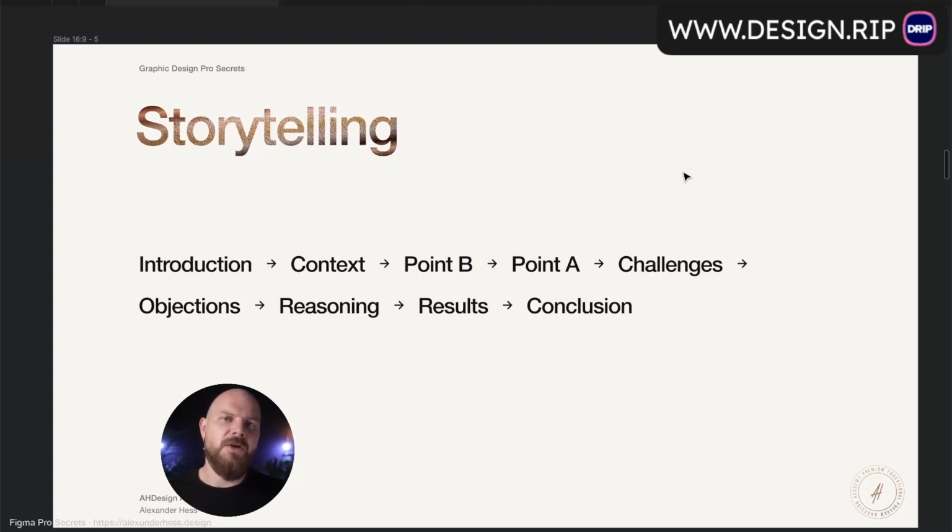The next thing is objections. People will definitely have questions about your presentation. What about this? What about that? So it's really great if you are able to cover the objections and questions during the presentation. It can be a Q&A, but inside of the presentation. Or it can be specific objections, for example, if you are